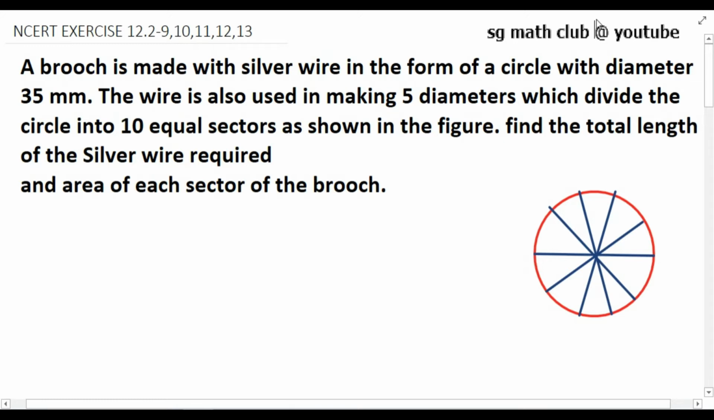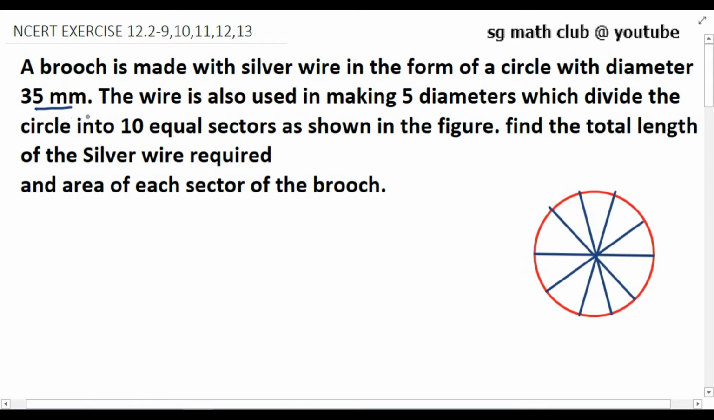We have already seen how to find the area of a sector and the area of a segment. In today's video, we will do some problems based on them. So the first question is: a brooch is made with silver wire in the form of a circle with diameter